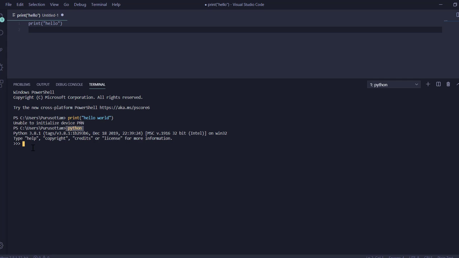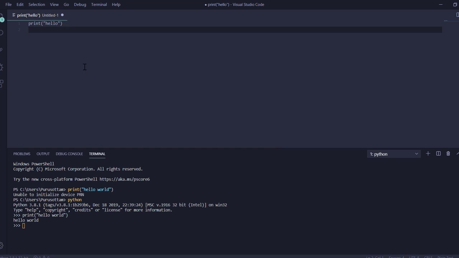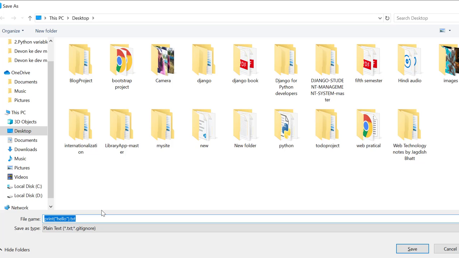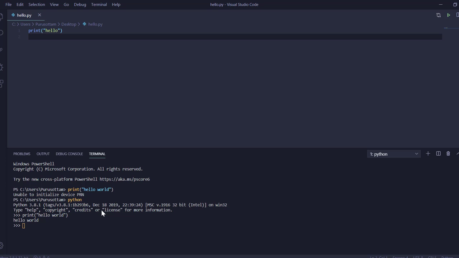After that, you will use this interpreter to run a Python program. Here you will get hello. You can save this file as hello.py extension. After that, here you will get highlighting.